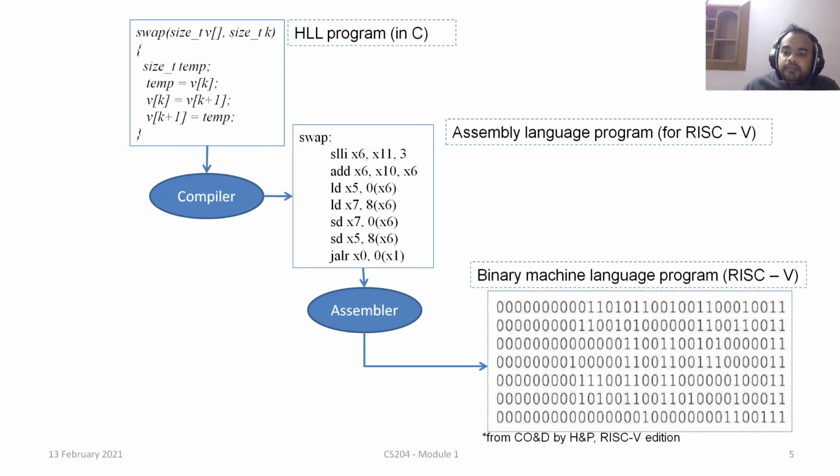Okay. So here we have 1, 2, 3, 4, 5, 6, 7. So we have 7 lines of assembly code, and each of them has been converted into a string of zeros and ones. And here also you can see that there are 7 lines of